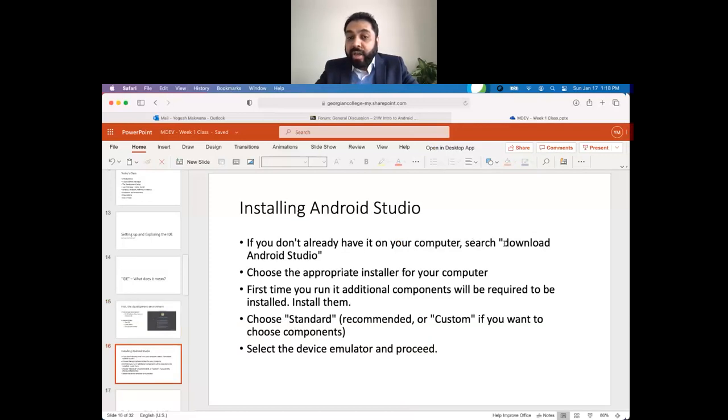Search something like download Android Studio. And instead of giving a link, I'm asking you to search, because links can change. So just search, and then it will take you to the website on the Android platform, Google's platform, where you can choose the appropriate installer, in this case for Mac OS. And when you run the installer and then you open the Android Studio for the first time,